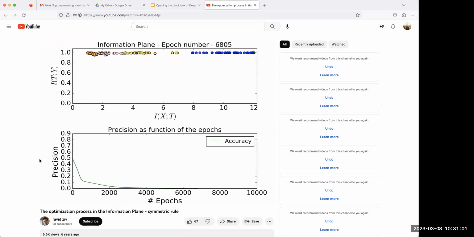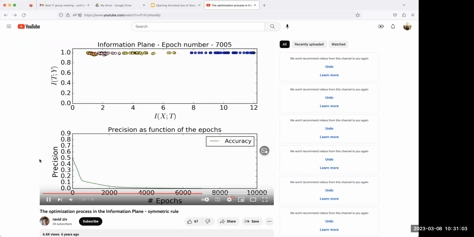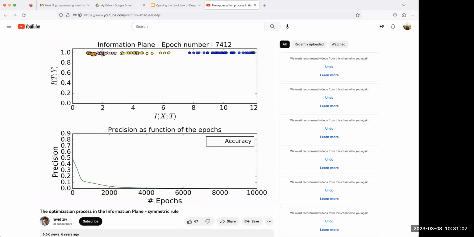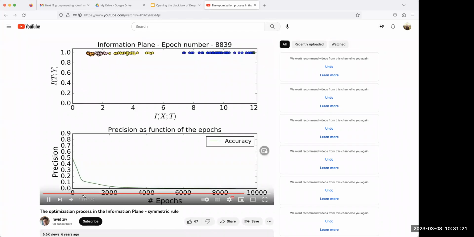I have a question, I think. Okay. So in watching this video then, does that mean the optimal model, where we have the highest mutual information between the model and the output, isn't necessarily the one with the highest mutual information between the input and the model?